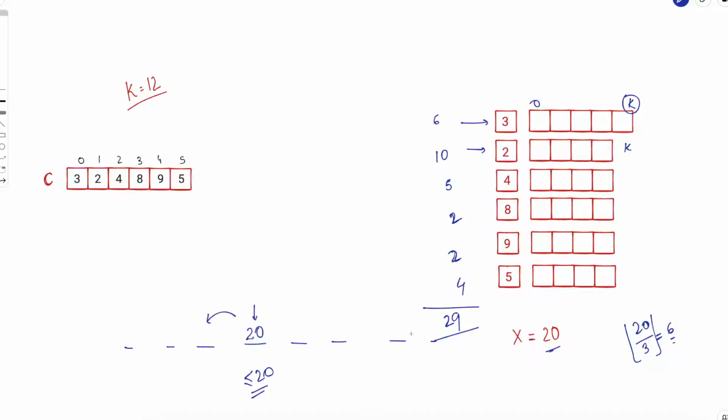The catch is, what about duplicates? Notice you will have 4 here and you will have 4 here as well, but you don't have to count 4 twice. So this 5 includes 4 and this 10 includes 4 as well. So you have to count 4 exactly once, right? So you need to remove duplicates as well